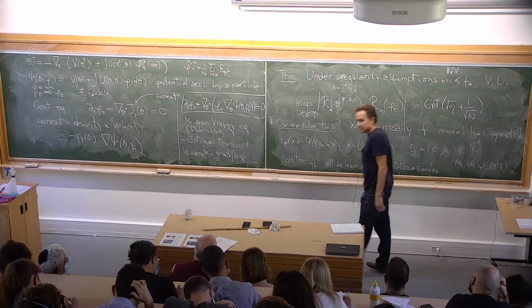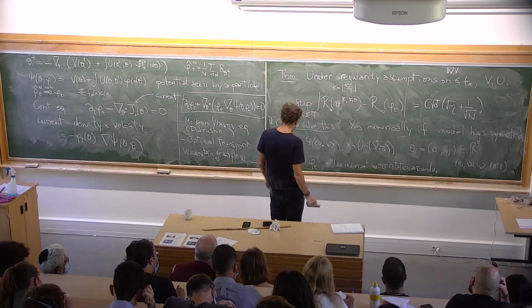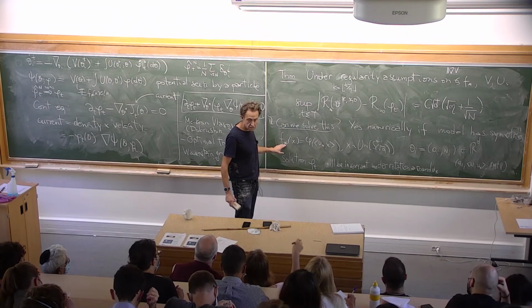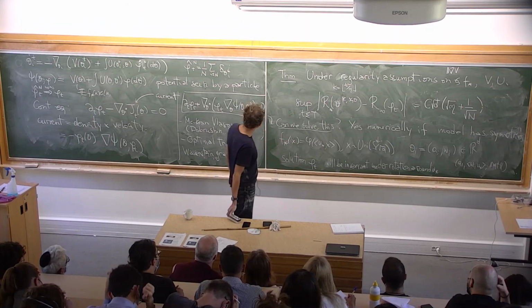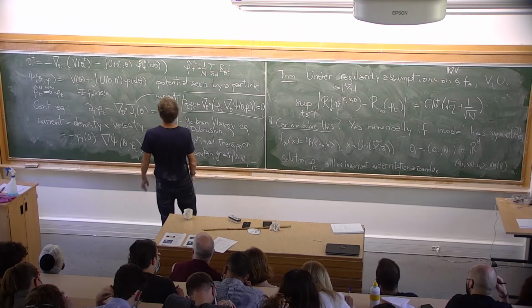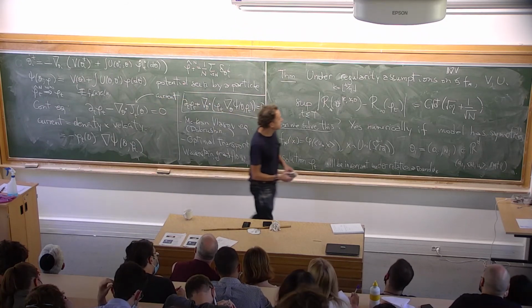Do you require f star to be deterministic? Yeah, you can add noise. In the limit the noise disappears, because in general, perhaps